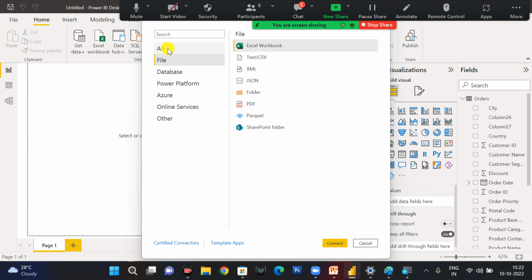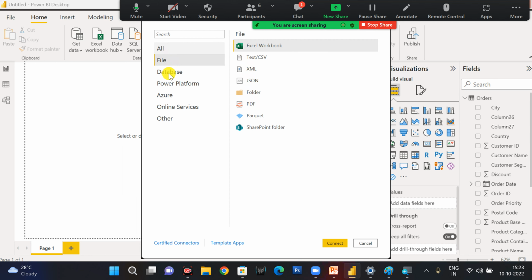If you see here, when we talk about files, you will see Excel and some JSON files. And when we talk about the databases here,